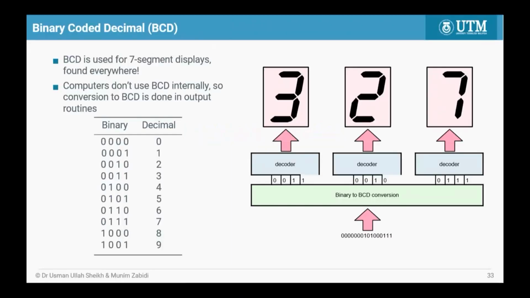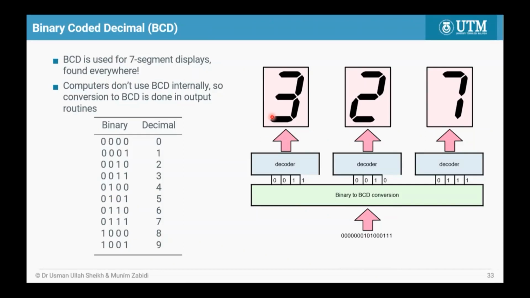Okay, for the input output code, we have a few input or output codes that we always use. One of them is called binary code decimal, BCD. So what does this BCD do? The BCD is used for the 7-segment display, which you can find everywhere. You can find it on your previous, before we had a smartwatch,